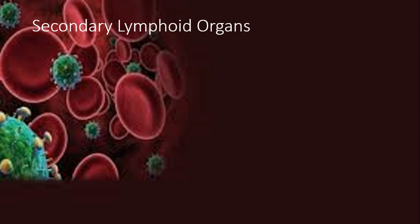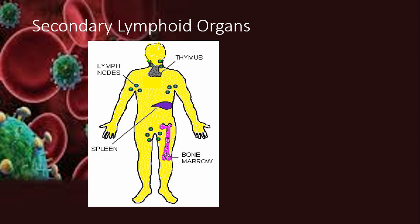Secondary lymphoid organs, because we said that the primary lymphoid organs are the bone marrow and the thymus. With respect to the secondary lymphoid organs, this is the figure that shows the location of the thymus, which is one of the primary lymphoid organs, and the bone marrow inside the bone, which form the primary lymphoid organs. As for the secondary lymphoid organs, we are going to pass into the list of the secondary lymphoid organs, but